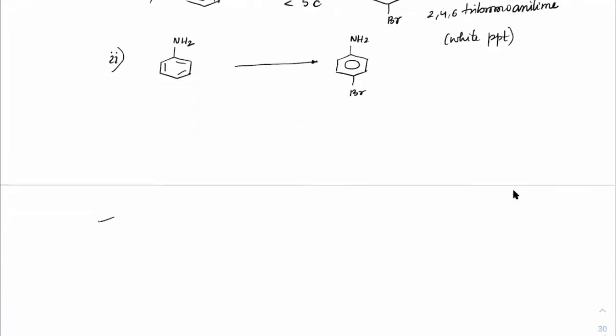If this is what you need, then we may have to go through a different mechanism here. First, we take aniline and react that with Ac2O in the presence of AlCl3. We learned already that strongly donating groups do not give Friedel-Crafts reactions, right? Instead, the lone pair itself will get attacked by AlCl3, correct? And later on, OAc will replace that. So the product you will get will be this: NH, C double bond O, and CH3.